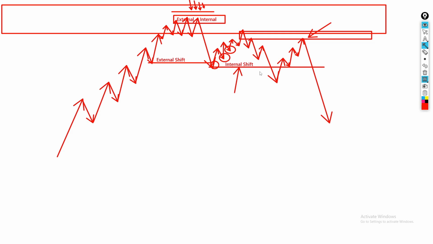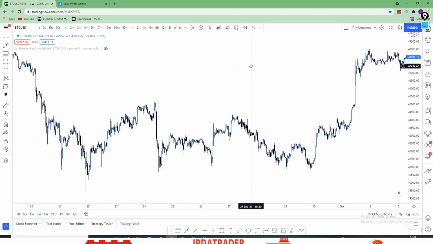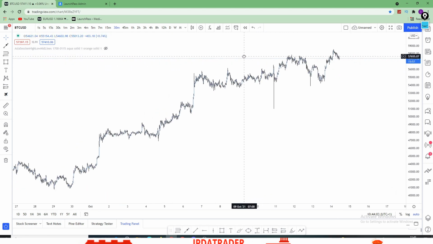So with all that out of the way, let's actually go back to the charts and let's look for some examples, because really you want to be seeing that in candles so that you can get used to that idea. Let's go back to the charts, and we're looking at BTC in this case. That's absolutely fine, but it's just to prove to you that this idea works in every market, right? It's not only sort of reserved to forex. No, this is actually valid for any